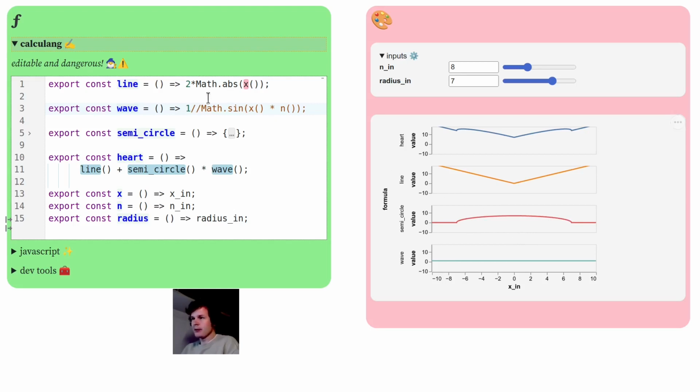And when wave is -1, heart is the outline of the bottom of the heart shape, which is the line minus semicircle, because wave is -1. And so let's flip between those two. When we bring back the wave function, we get this oscillation between those two